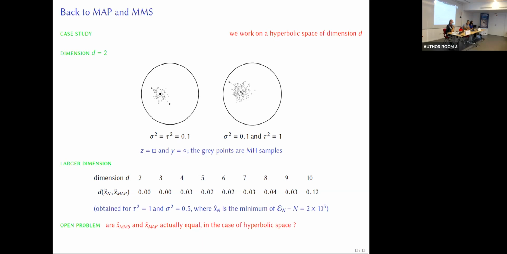And very surprisingly, the barycenter of the samples lies on the geodesic between the prior and the posterior, just like the MAP. In fact, if we look at any dimension, and if we increase the dimension gradually, the distance between the MMS as we approximate it and the MAP doesn't grow with dimension at all, and it's very, very small. It seems, due to many computational experiments which we have carried out, that X hat MMS, the MMS Bayesian estimator, and the MAP Bayesian estimator are very, very close to each other in any dimension.